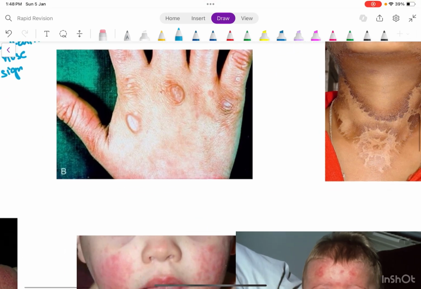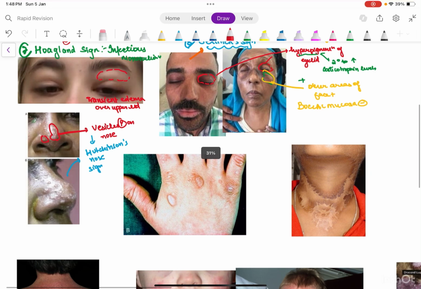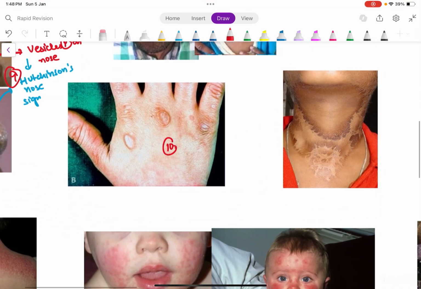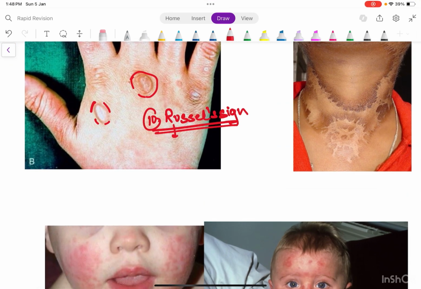Okay, then coming on to this is very interesting. So this is 9th. Now this is 10th. Now this basically you have to see this. Now in this first of all just know Russell sign. Okay, this is what it is called. Now Russell sign, why is it like this? Basically it is seen in bulimia. Okay, now bulimia nervosa is an eating disorder in which the person eats a lot of food and then puts